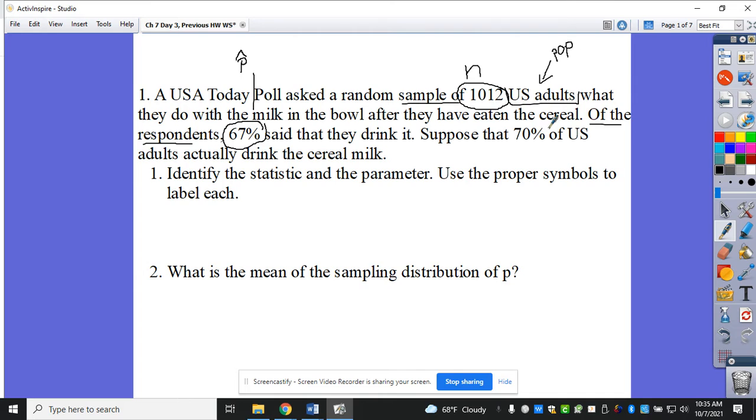Suppose that 70% of the U.S. adults actually do, so that's my parameter. I know this is electronic, so you don't have it in front of you, but get in the habit of writing stuff down as you're reading through it. Identify a statistic and the parameter. So we essentially already did this. But if ever I ask that question, I need you to write out